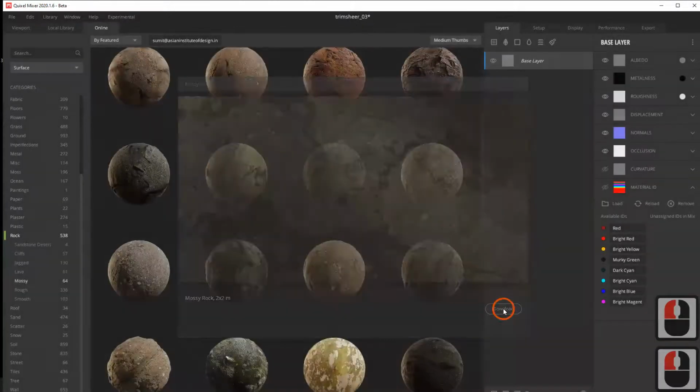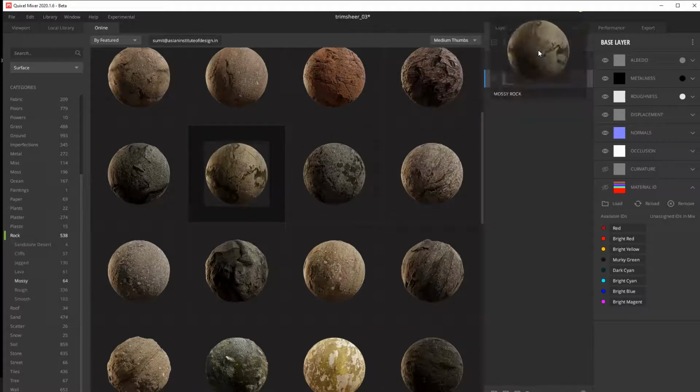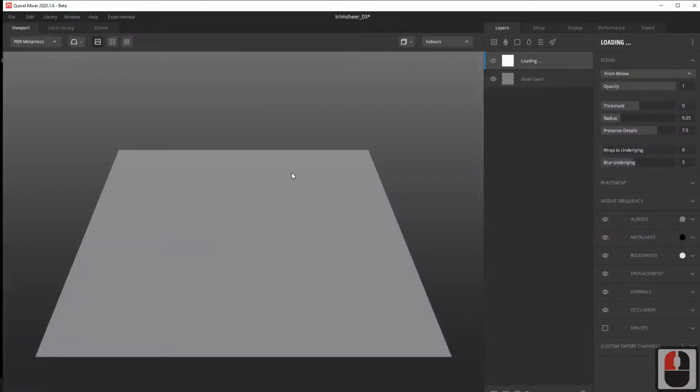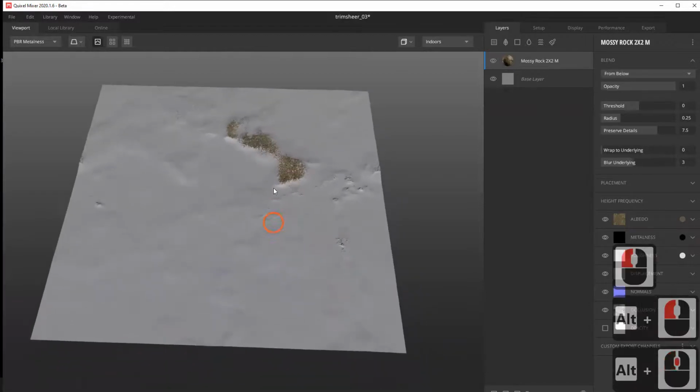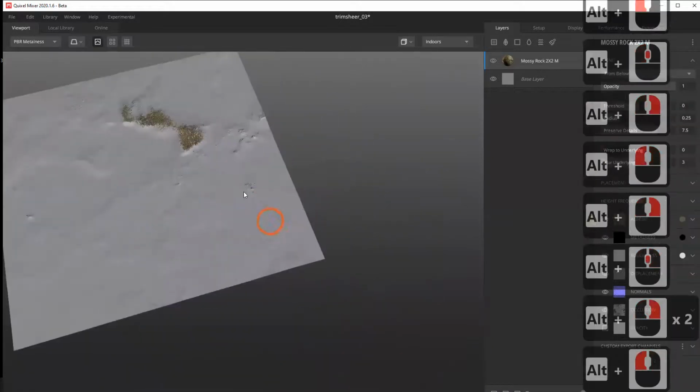I can click download. It's downloading. It's pretty decent because I have pretty high speed internet, so it's working fine. If you don't have high speed internet, it might take a lot of time. So I click this and now I can drag and drop it here over the base layer because I have downloaded it. And you can see instantly it shows you the basic gray detail, but still it's gray.